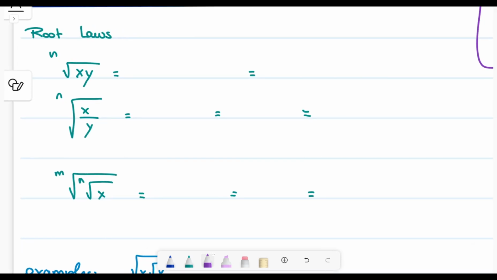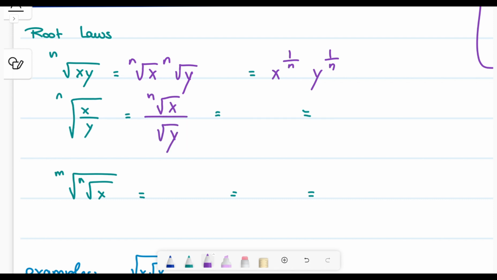So nth root of x times y is the nth root of x times the nth root of y, which is x to the power of 1 over n times y to the power of 1 over n. Now the nth root of x divided by y is the nth root of x divided by the nth root of y, which is x to the power of 1 over n divided by y to the power of 1 over n. And we can rewrite this as x times y to the negative 1, all to the power of